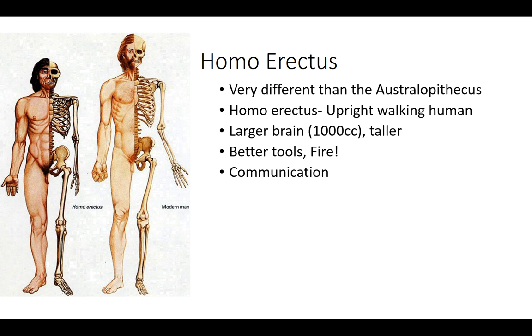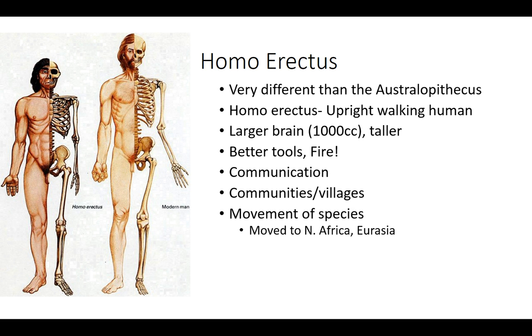They were also able to communicate. The initial human groups didn't have the capability to communicate with each other. The Homo erectus started having mouth and jaw structure that we believe allowed them to communicate with each other. They lived in very small communities and villages, but in general, they were a moving species. And they started moving up from Eastern Africa to North Africa and up to Eurasia, the territory between Europe and